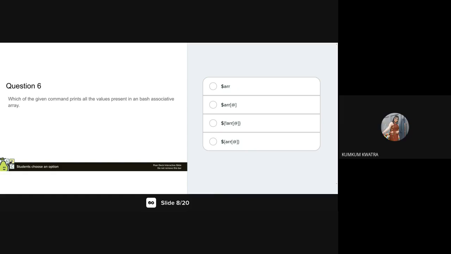So what is the difference between B and D? What is the difference, B and D? The best practice to follow is to put it in curly braces whenever you are interpolating a bash variable.